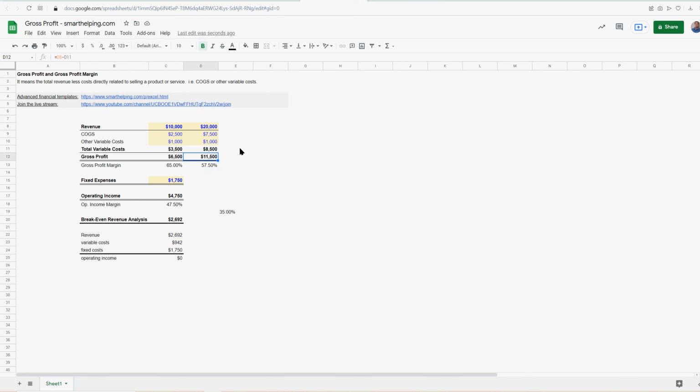And now if it's high, if it's going up with revenue, that's a good thing. That means you're becoming more efficient, or you're able to get a bit better production out of your equipment compared to what you're selling. So it gets tricky, but essentially